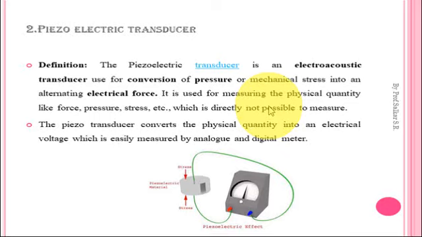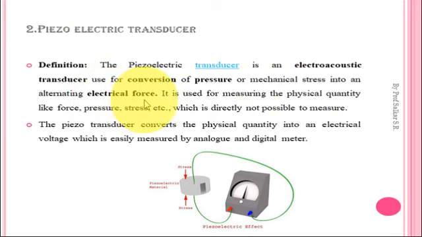Hello everyone. Now we are going to see the second type of transducer from chapter 3, transducer. The transducer which we are going to see now is called the piezoelectric transducer. So what actually is the piezoelectric transducer, we will see. The definition is: the piezoelectric transducer is an electroacoustic transducer used for conversion of pressure or mechanical stress into alternating